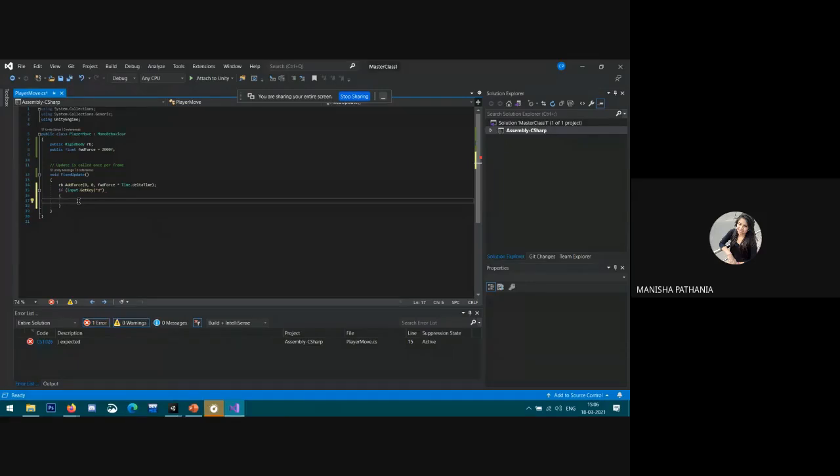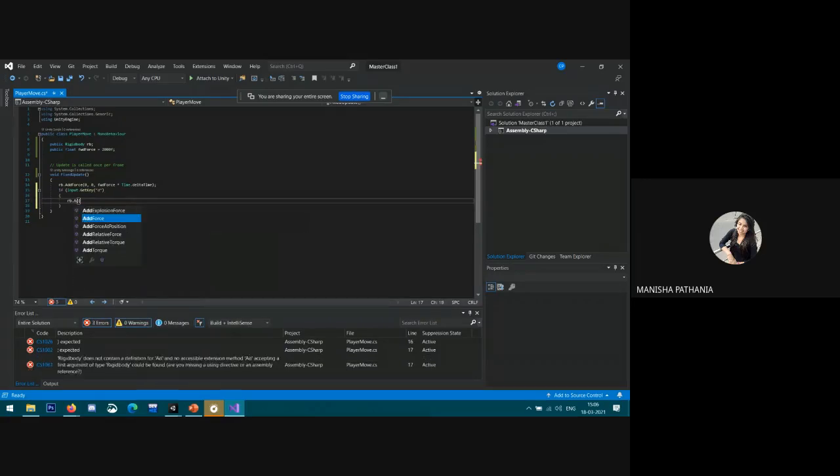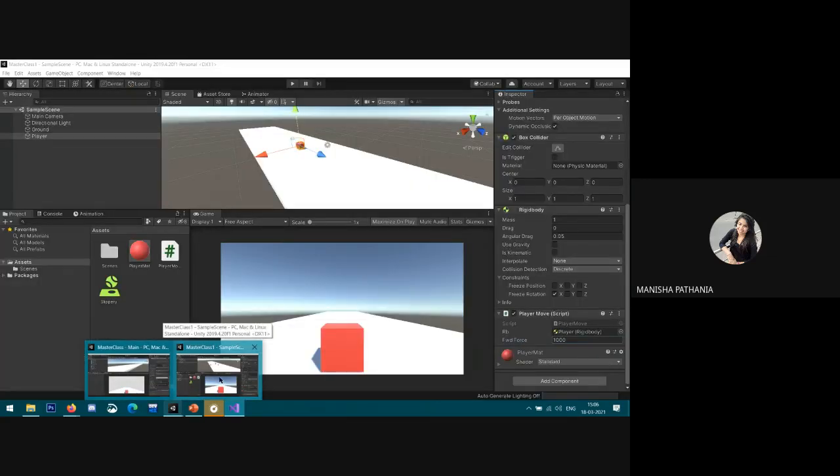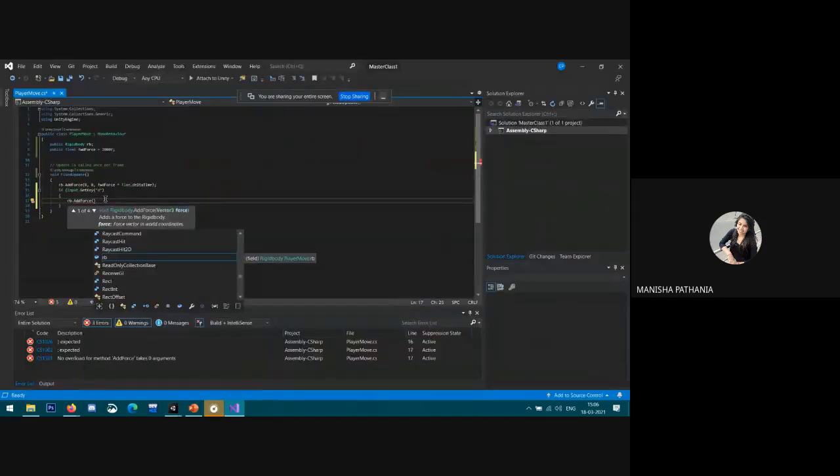So rb.AddForce. We need to add the force. Suppose in my case, here is the x direction. I need to move in the x direction first. When I click on the D key, it will move in the x direction, so I need to give some value in the x direction only.